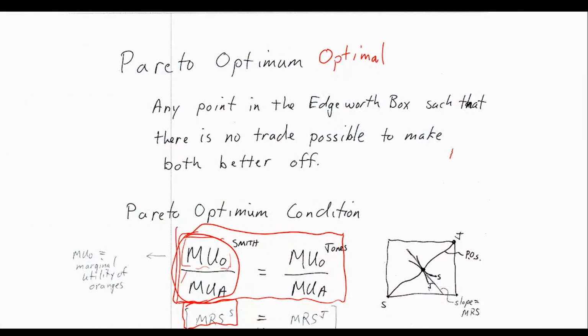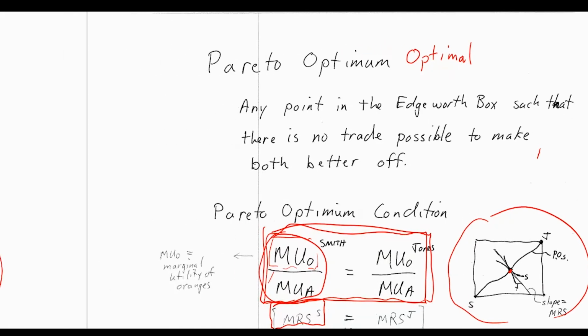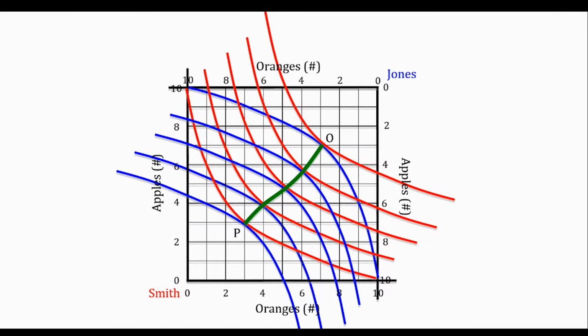Now, we need the marginal rates of substitution for Smith to be equal to the marginal rate of substitution for Jones at a point in order for the Pareto optimum condition to be satisfied, for us to be at a Pareto optimal point. And here, down here in the corner, is what it's got to look like. So all of the indifference curves between Smith and Jones arranged in an Edgeworth box, again, where Smith is right side up, Jones is upside down, all of the tangencies of their indifference curves are going to be the set of Pareto optimal points that exist in the Edgeworth box. So let's take a look at that. Now you'll notice here,